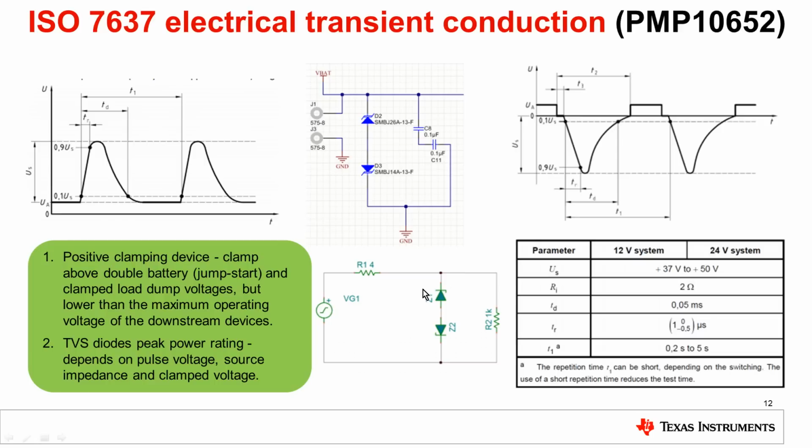But the second important thing is in what time we need to dissipate that amount of power. Here you can see that TD, the time duration, is 50 microsecond. So for 50 microsecond we need to dissipate 300 watt of power. In this application we use SMBJ28A, which can dissipate 600 watt for 1 millisecond. So this can easily dissipate this amount of power in our application.